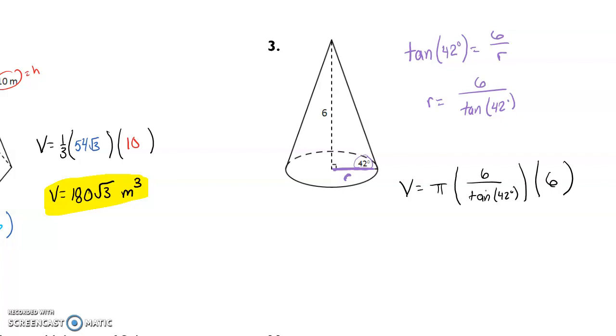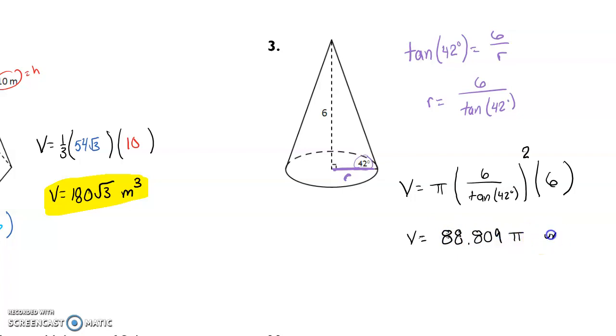Now this is the example I was talking about prior in this video. I have to round this. I don't have a choice. There is no exact answer unless I leave it in terms, that should have been squared, unless I leave it in terms of tangent, which we're not going to do. It's not something that's the proper way to do this, so I will round that. When I solve this, I get then approximately